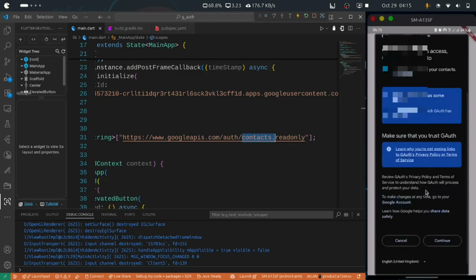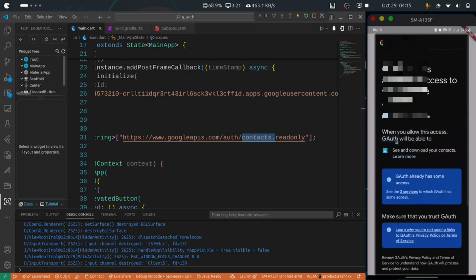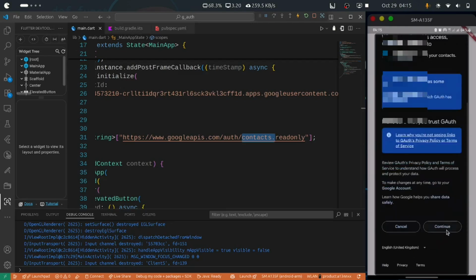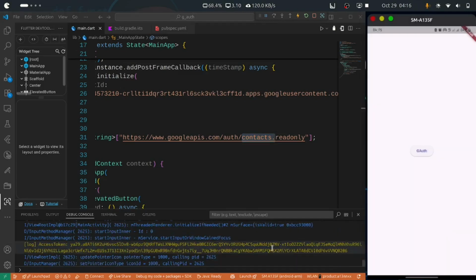So this is the access. When you allow this access, GAuth will be able to. Okay, so you see these are the access that I'm requesting for. Okay, so continue. Then you can see the access token showing up here. Okay, so this is a token that you can use for other things in your applications. Okay, yeah, so that's basically